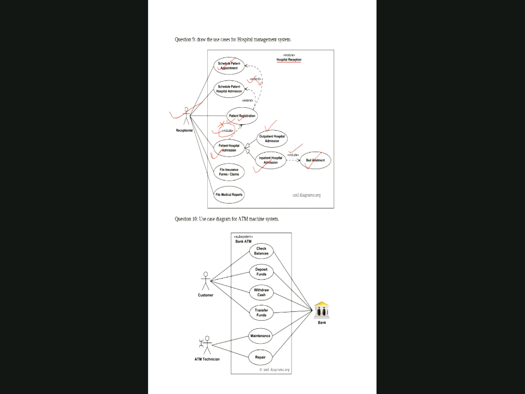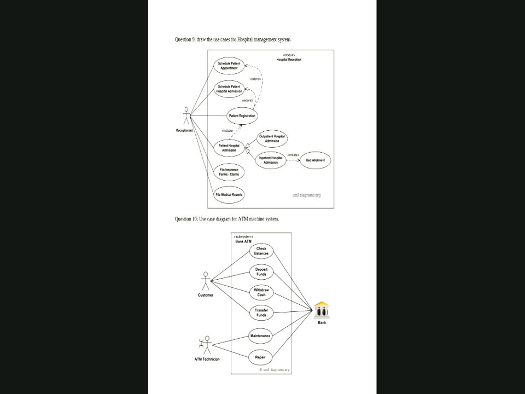And you know that generally the bills of hospitals are very huge. So people will do insurance and all. So if the patient has any forms or claims for insurance, then the receptionist will look after it, to get a claim for the insurance and also to file the medical reports for every patient. Okay. This is about hospital management. Now let's go to the last problem. This is our ATM. Okay. This is very easy.